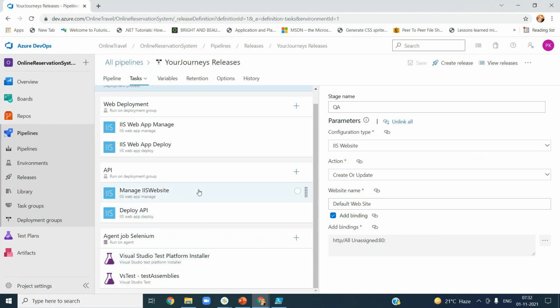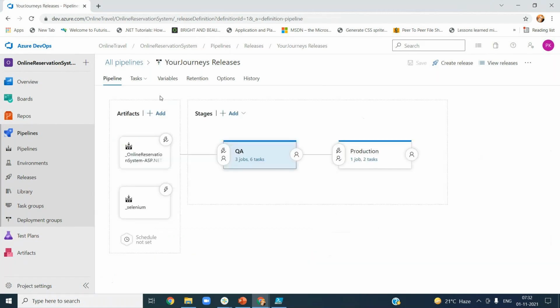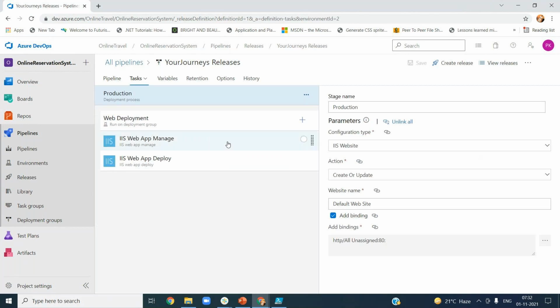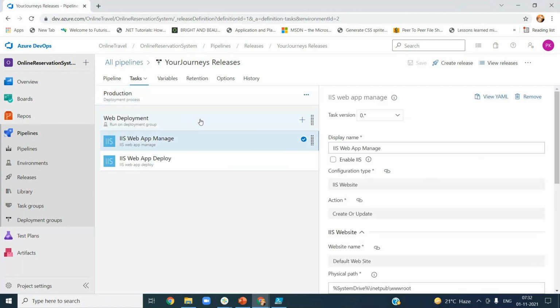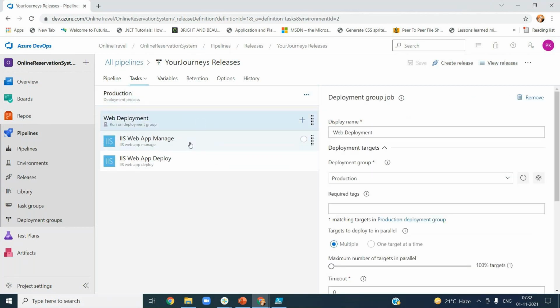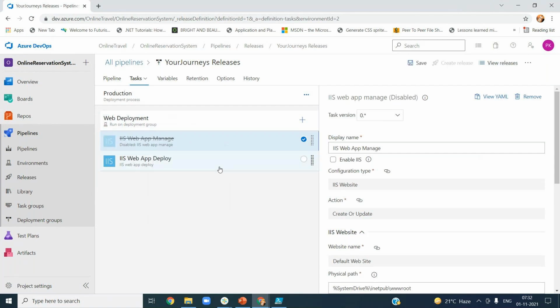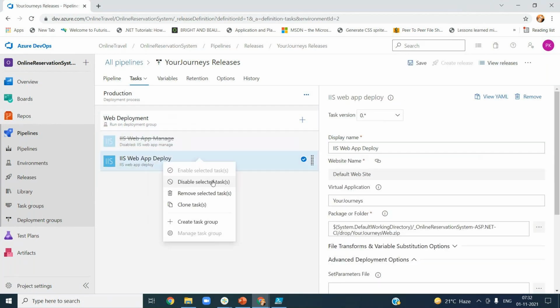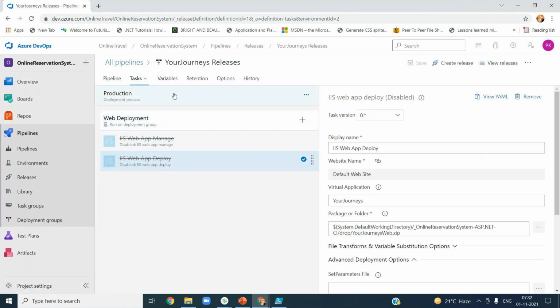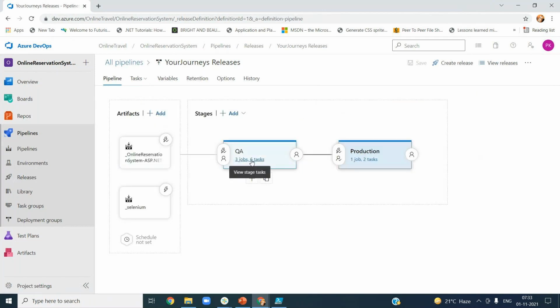Now before this I just want to disable these things basically. I just don't want to run these things. Disable, because now my demo is not about deploying the things. Basically I want to demo the PowerShell. Now in QA,